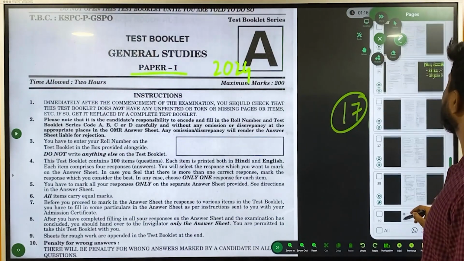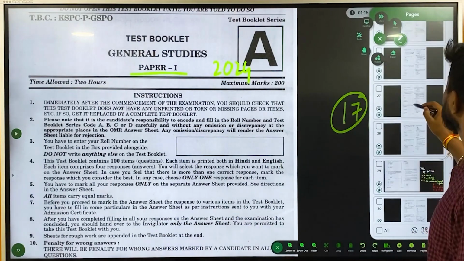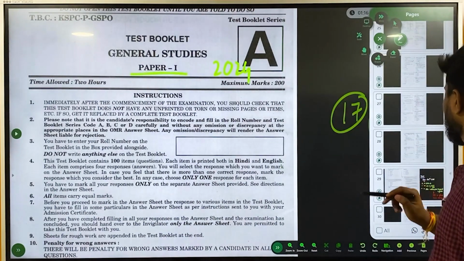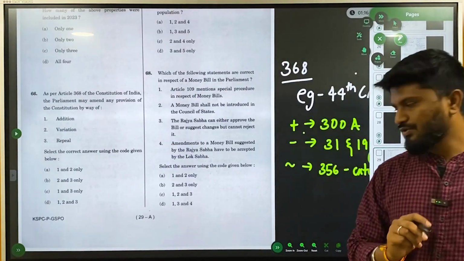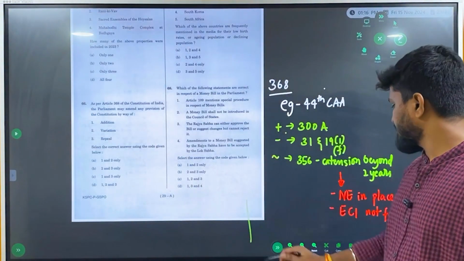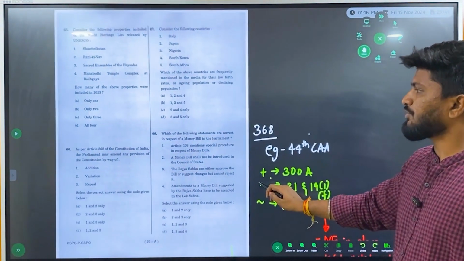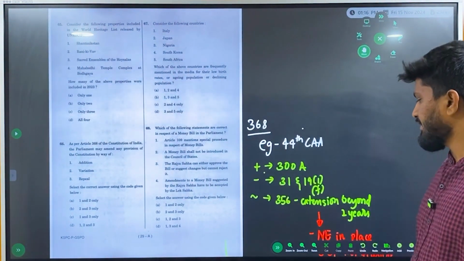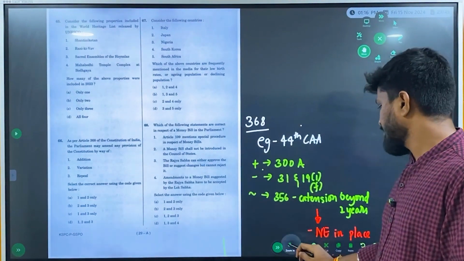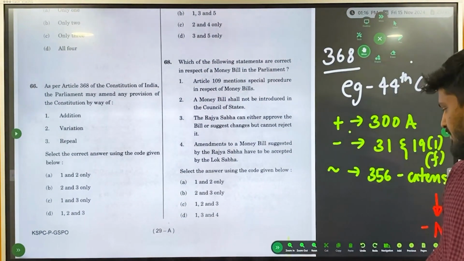In set D, the first question was... There are a total of 17 questions in the 2024 prelims question paper. We will try to discuss 5 to 7 questions today and the rest of the questions tomorrow. So the first question was,